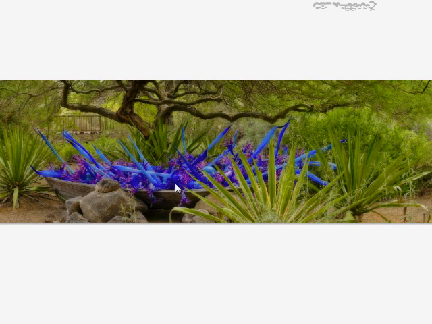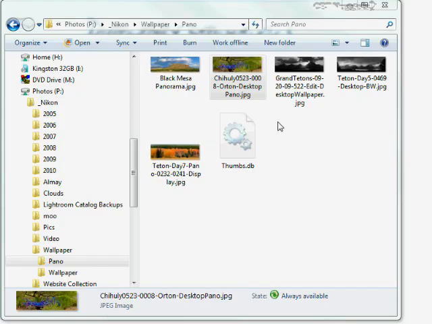It's from an artist named Chihuly, and he creates this glass inside of this boat that was at the Desert Botanical Gardens here in Phoenix, and I photographed this. Anyway, let's say I made some changes to this. I added some layers, or I increased the contrast or whatever, and I made changes to it.